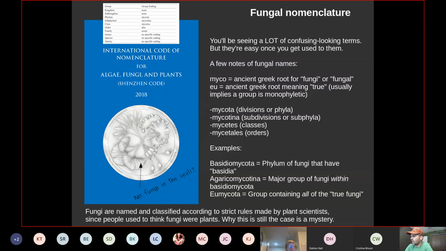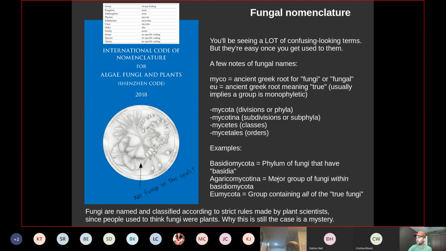Okay. If you see a word ending with mycota, that means a phylum or division. So Ascomycota is the Ascomycete phylum. Chytridiomycota is the Chytrid phylum. Right? Mycotina is subdivisions, so you sometimes see that, especially in your textbook, you'll definitely see Mycotina. Mycetes means classes, and Mycetales is order. All right, so